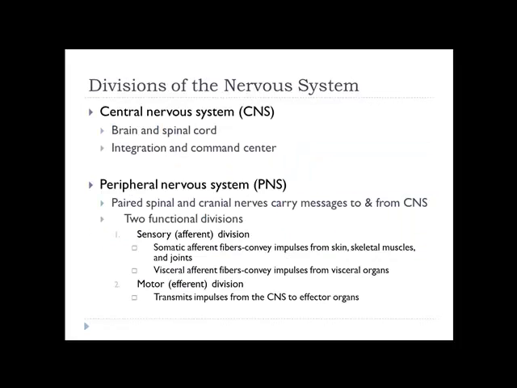Within your peripheral nervous system, you're going to have paired spinal and cranial nerves. Like we said, they have the input and the output, so they carry information into and out of the central nervous system. The sensory division is afferent and the motor division is efferent. So the sensory division carries information into the central nervous system, and the motor division carries information out. I remember that this is always going to be the same, S-A-M-E: sensory afferent, motor efferent. It's always the same, never changes. Sensory is afferent and motor is efferent.